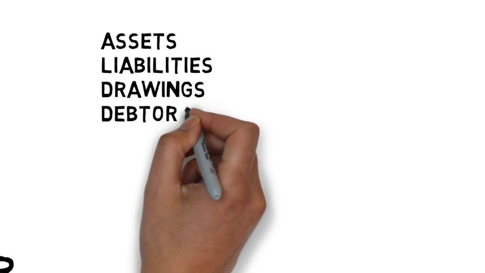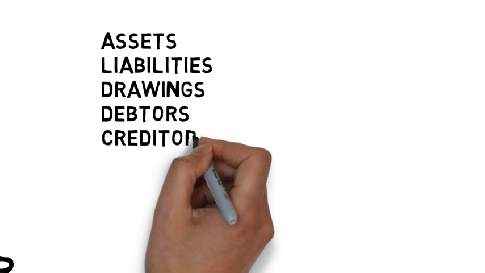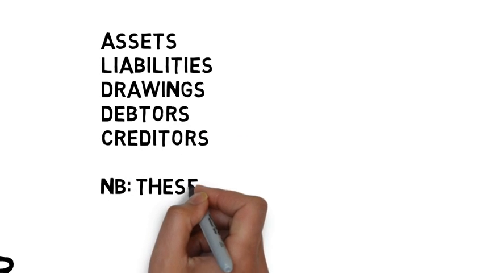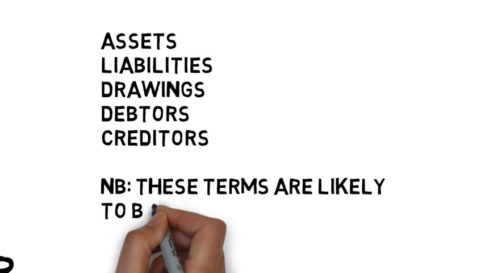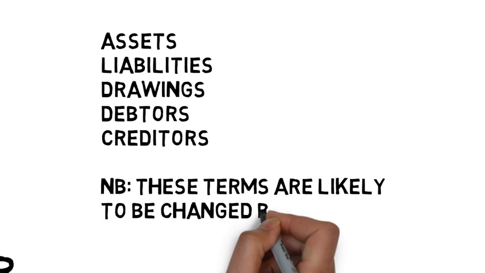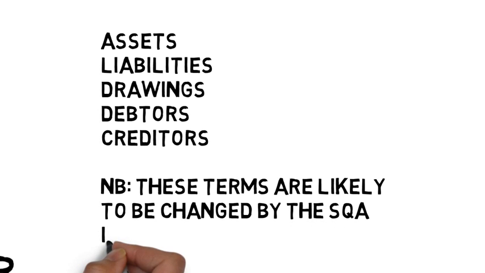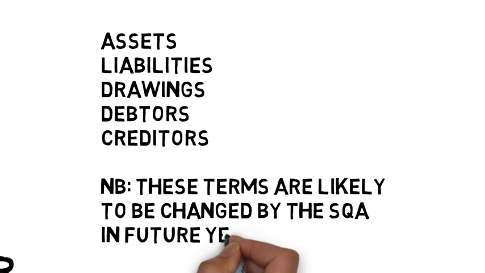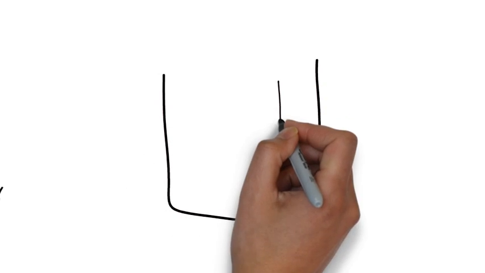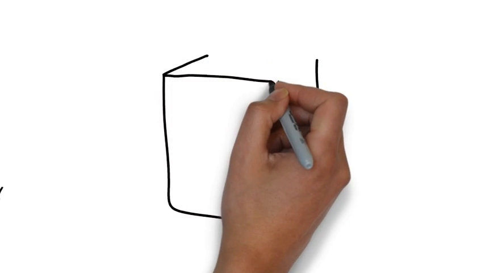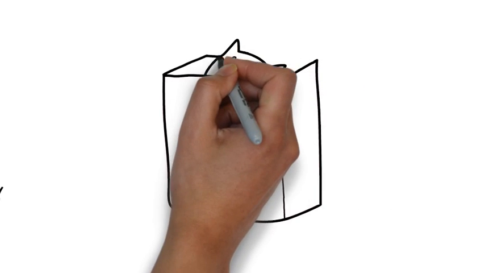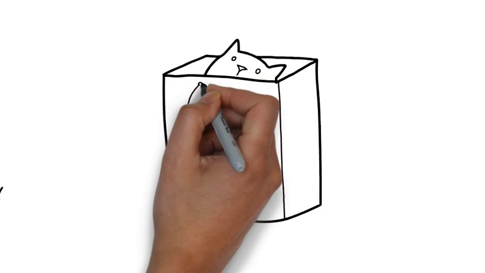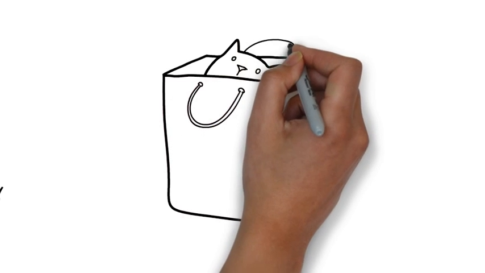I should add, these terms may change in future years, and when that does, we'll update the video accordingly, as SQA is currently transitioning towards the International Accounting Standards. So to start us off, we need to think about the term assets. Assets are everything that a business owns, either purchased or cash which has come into the organisation. Everything that they have that gives some sort of value or worth